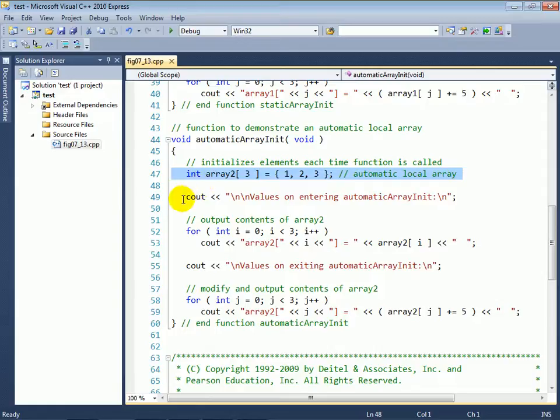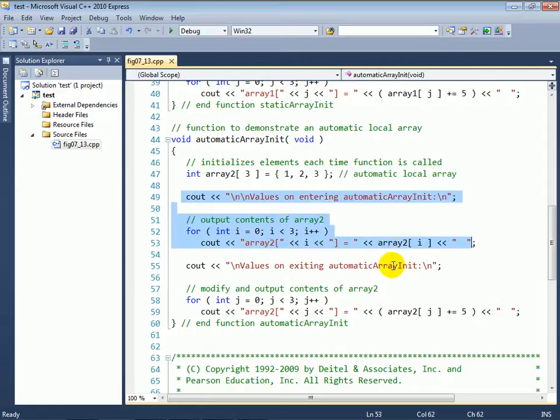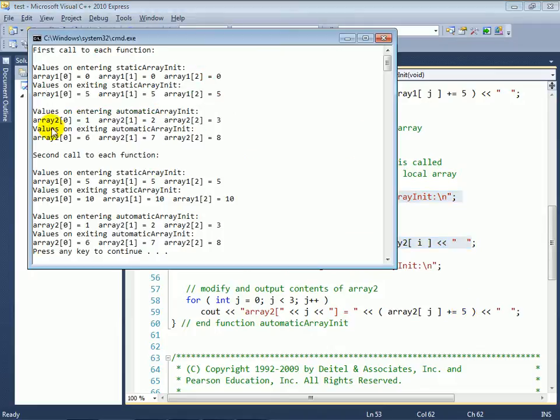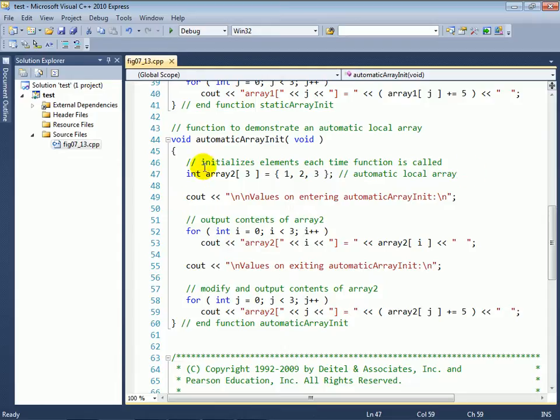After that, we display those values, and then we modify each of the values before we leave, adding 5 to each element. And as you can see here, when we first entered the function, we have the values 1, 2, and 3 as the values of that array, and as we leave, we have 6, 7, and 8 as the values. However, because this is not a static array, as we reach the closing curly brace of this function, the array is removed from memory, it no longer exists,